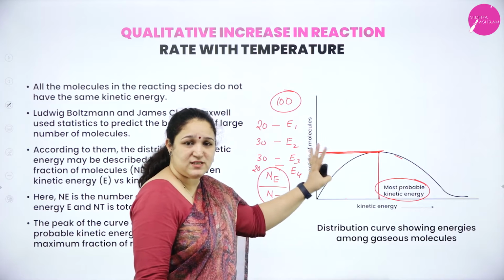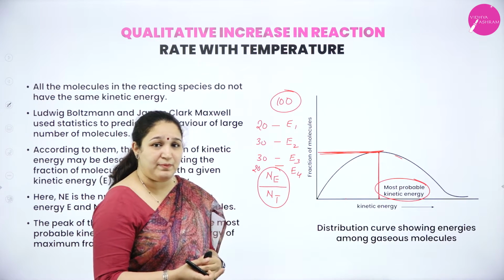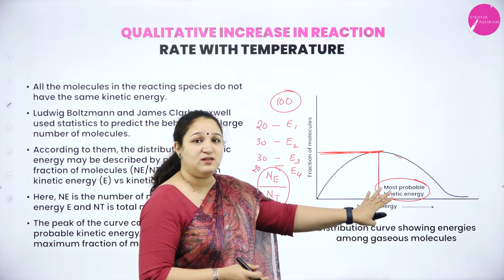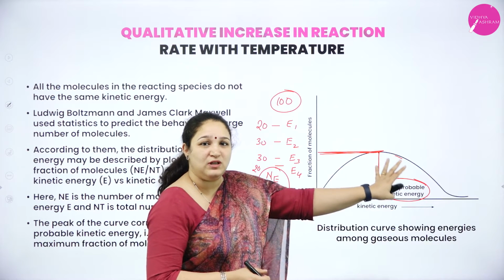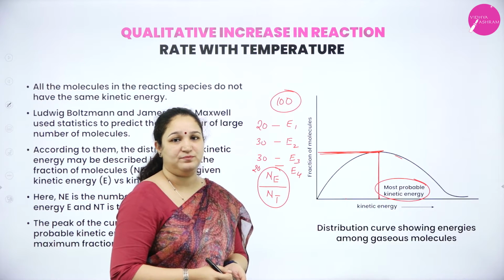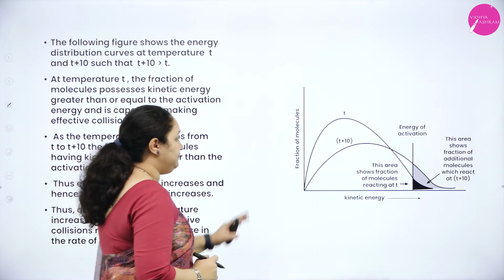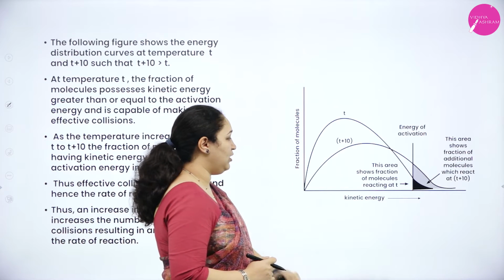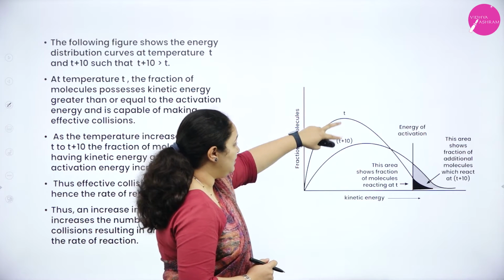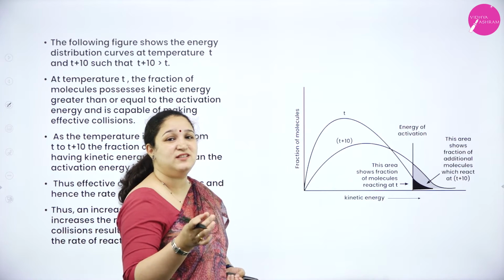Now all of this is done at one particular temperature. Now if I change the temperature, what exactly will happen? Will the most probable kinetic energy change? Will the graph look a little different? All this they have studied. So we'll see what exactly is happening. Here, same thing, fraction of molecules and kinetic energy is taken, same graph, but a change in temperature was made.